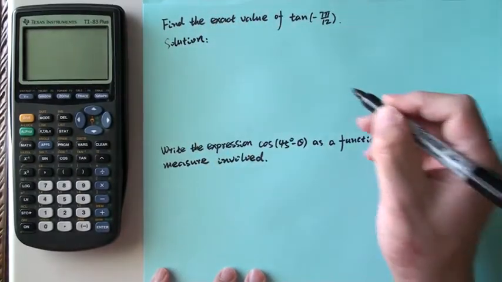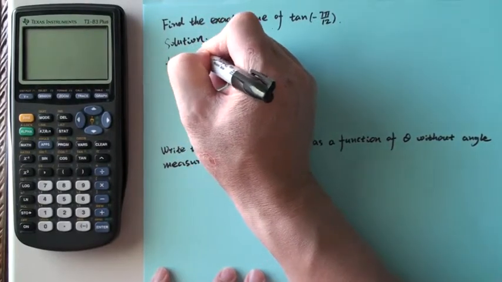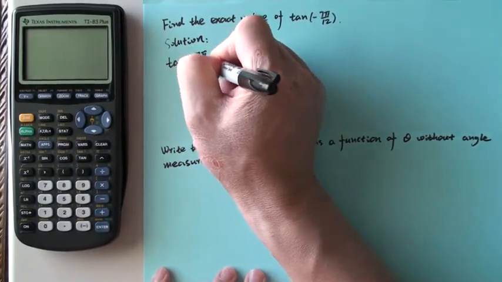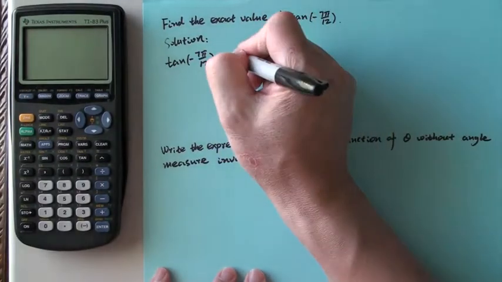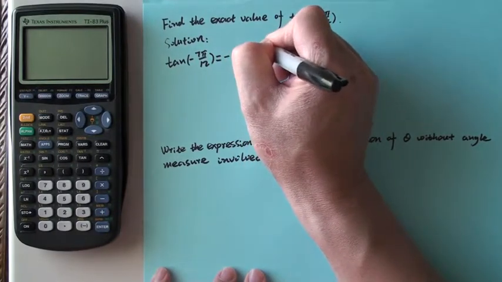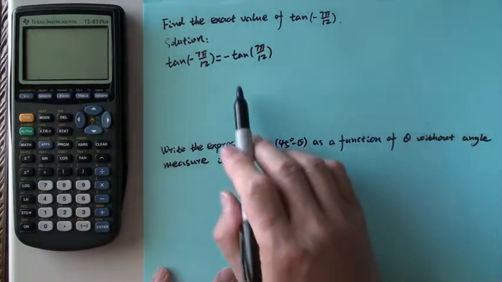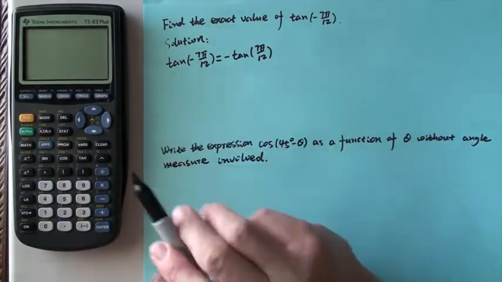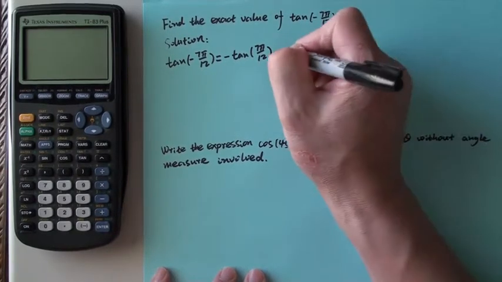Here is the solution. Tanh of negative 7 pi over 12 is an odd function, so the negative sign can come out. That's the first step. We don't like the negative sign, we get it out. Alright, and then